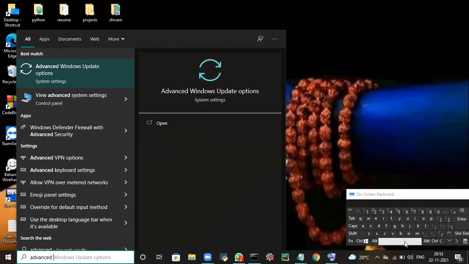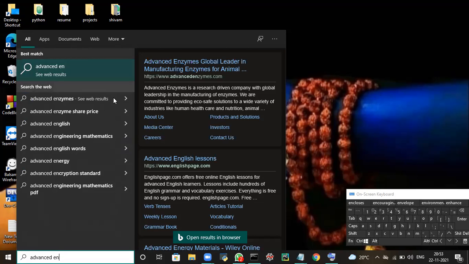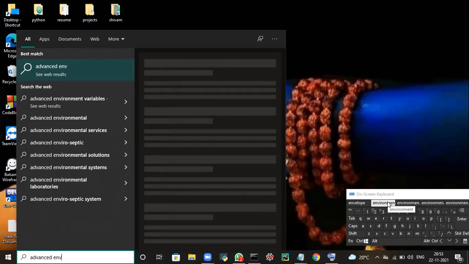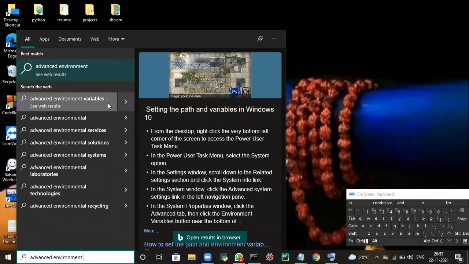Advanced, space. Yeah, it comes. Then you just type environment variable, it will come. Yes, sir, this first one.